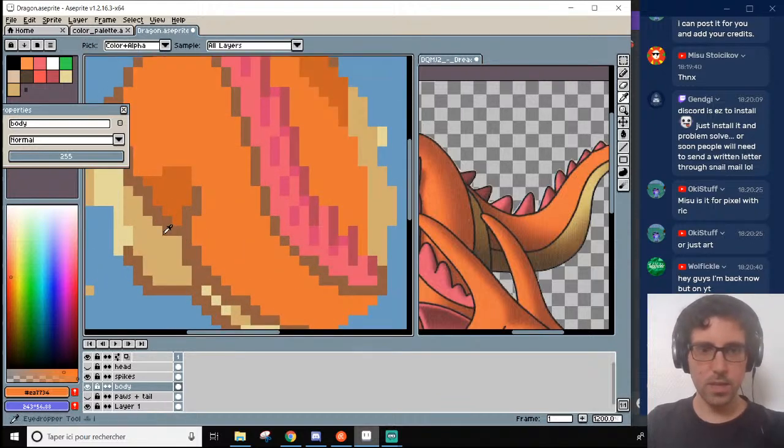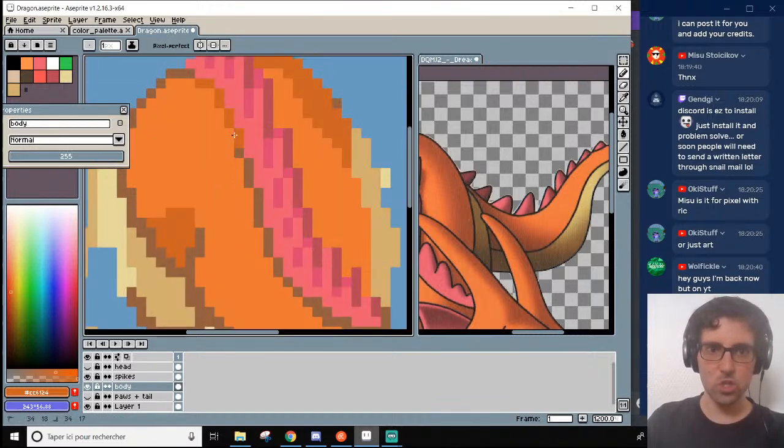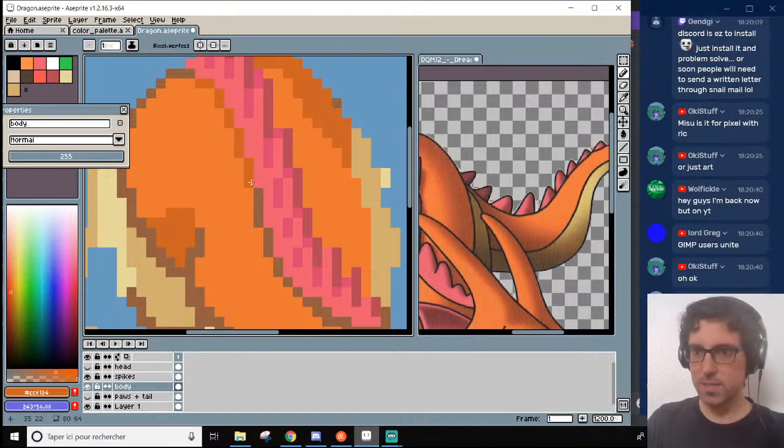And actually, I think I want to use this color for this line. It's a little less harsh inside the sprite, so